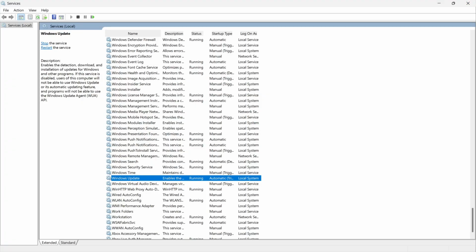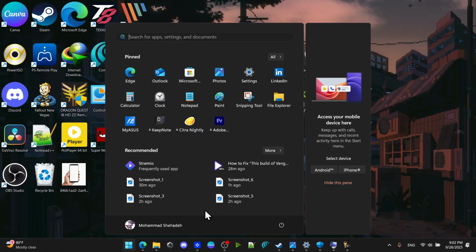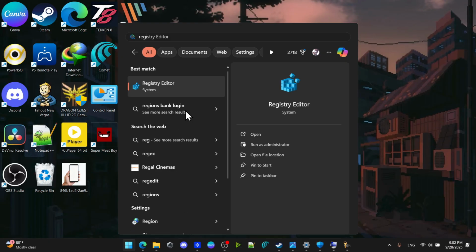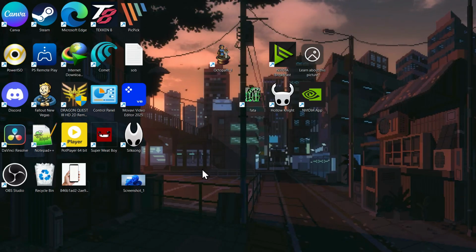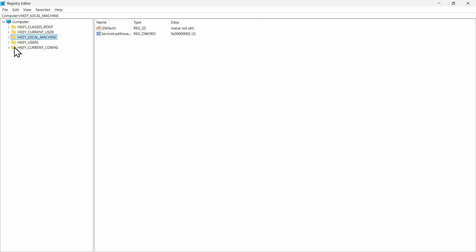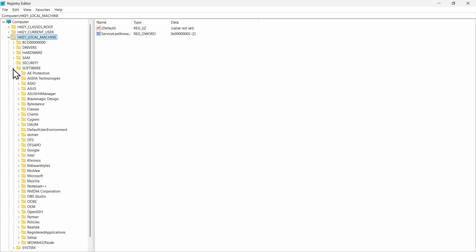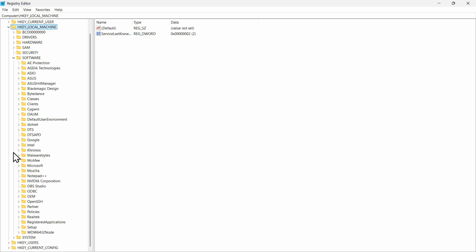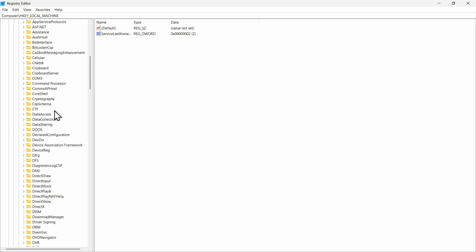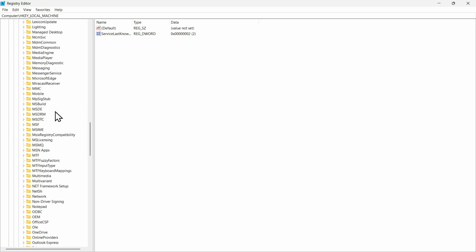After you do that you need to close this menu and open the start menu again. Search for registry editor. Hit enter and hit yes. So from here you need to expand the HKEY_LOCAL_MACHINE folder and after that you need to expand the software folder. So now you need to find the Microsoft option and expand it, and you need to find the Windows option